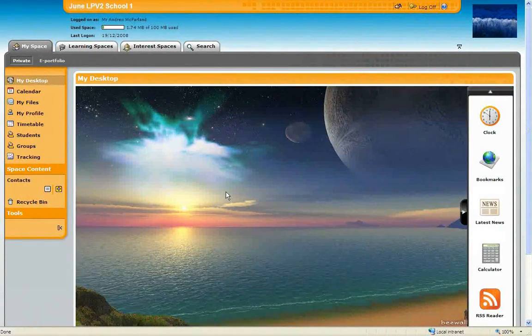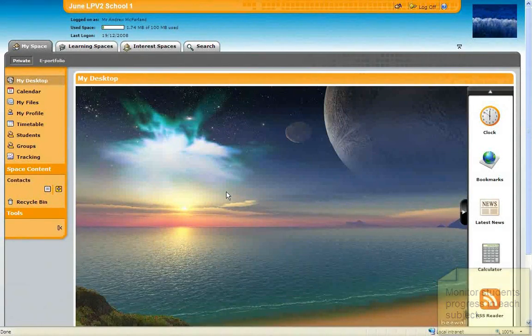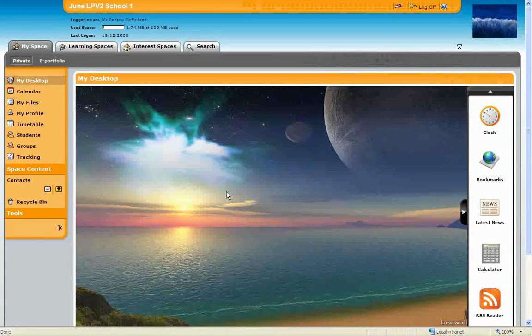Kaleidos Learning Platform has optional assessment modules that will enable students and teachers to set goals and targets and then monitor the students' progress in each subject. Here I'm logged in to the learning platform as a teacher. I'm a maths teacher. Let's have a look at how I can set and manage some targets for my Year